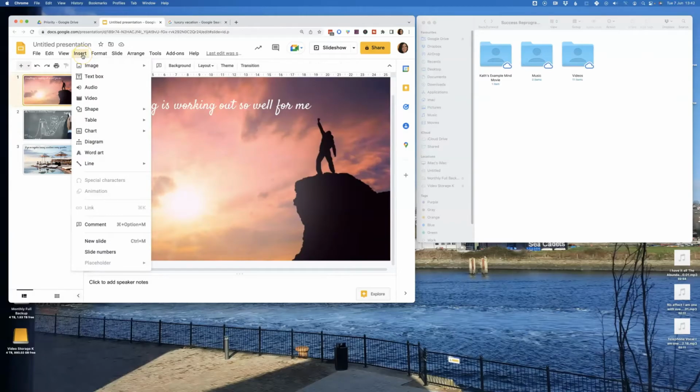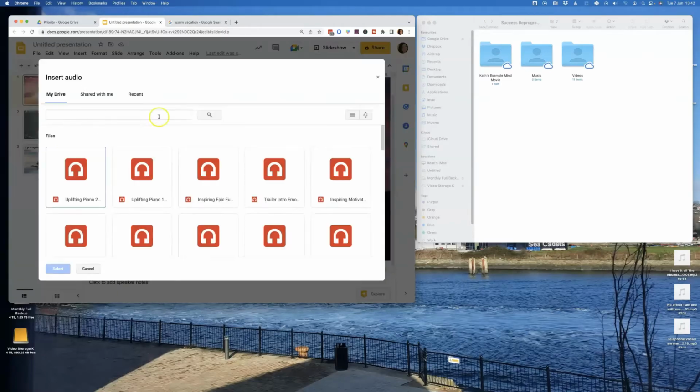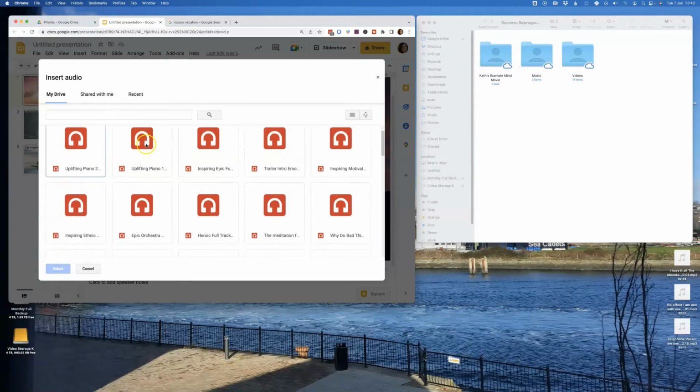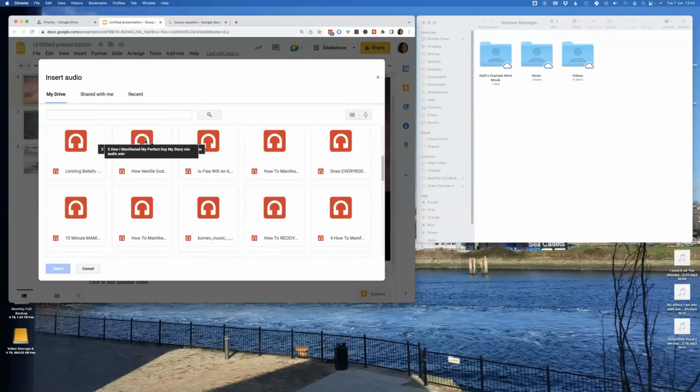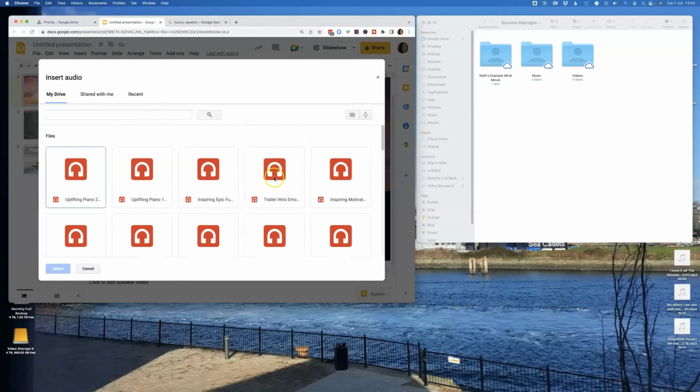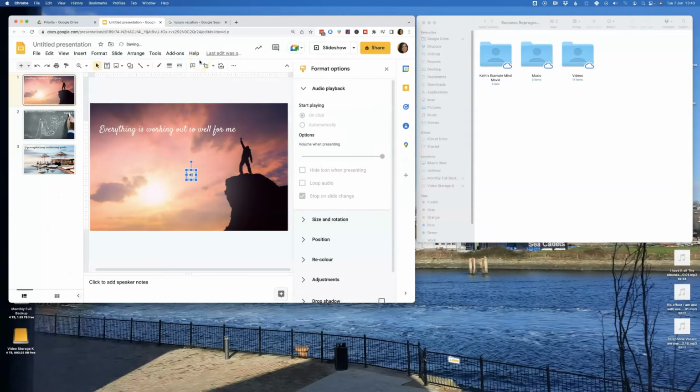Now what we're going to do is add in some music. So click on Insert Audio, and if you've already got all the music in your Google Drive, it should already be in there, but you can search for it by name, double click on the one you want, and it says Creating Audio. Now we've got a few options. I like to start playing it automatically so I don't need to click on it, so it's one less thing to do.